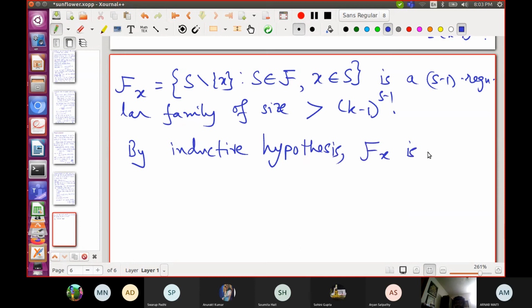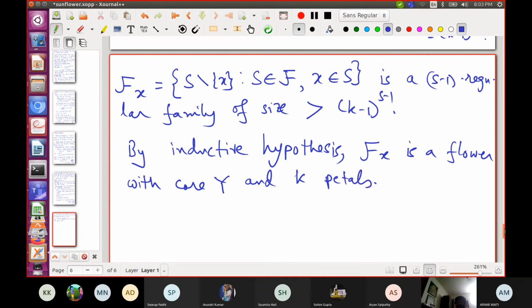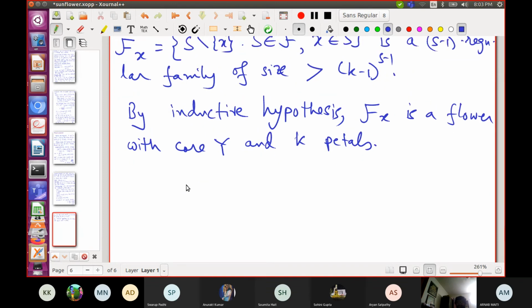F sub X is a flower with core Y and k petals, and then you add X back into each element. Therefore this collection, which is obtained by putting X back into the sets in F sub X, is a flower.